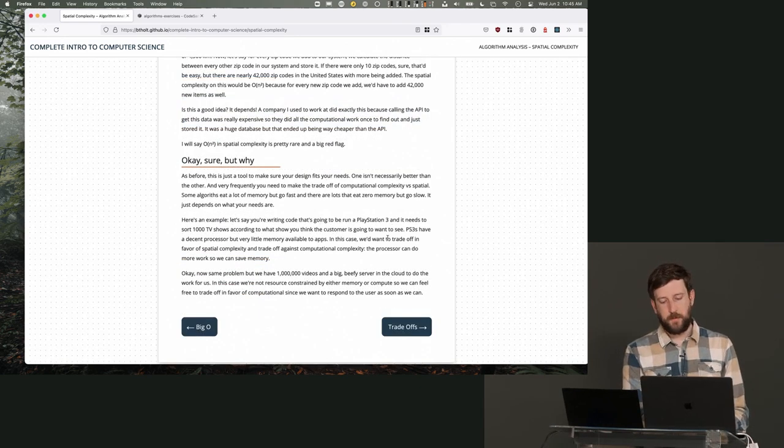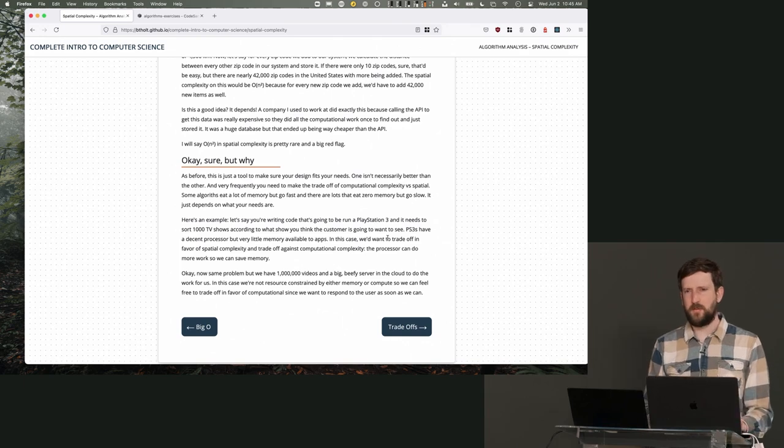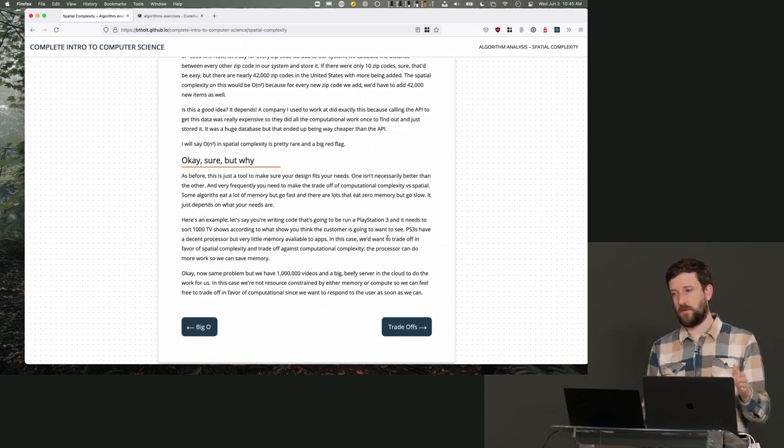So yeah, just to wrap up here on spatial complexity, again, this is just another ruler that I'm giving you to measure your approaches to problems so that you can decide based on whatever the task is at hand to choose what kind of algorithm you're going to use. And like, it's never going to be like, well, we're going to use quicksort and we're going to do that.